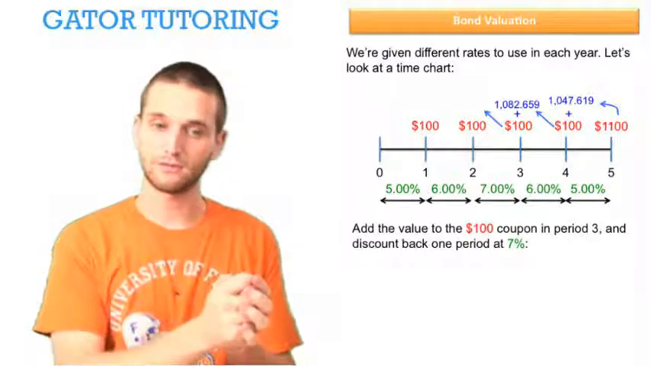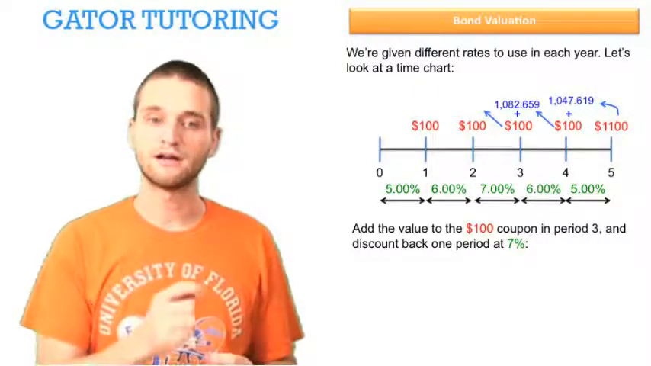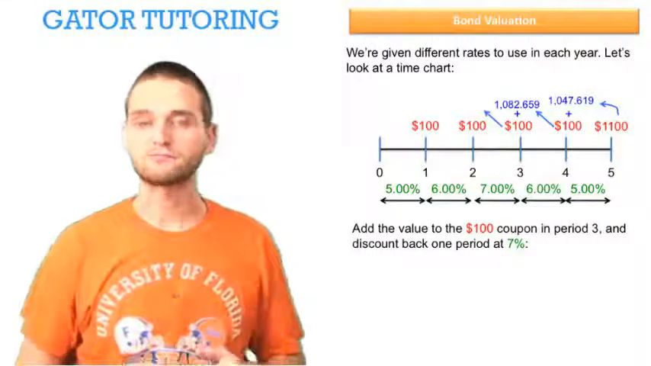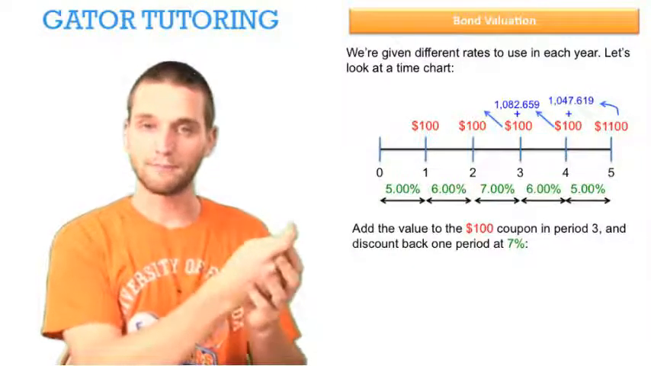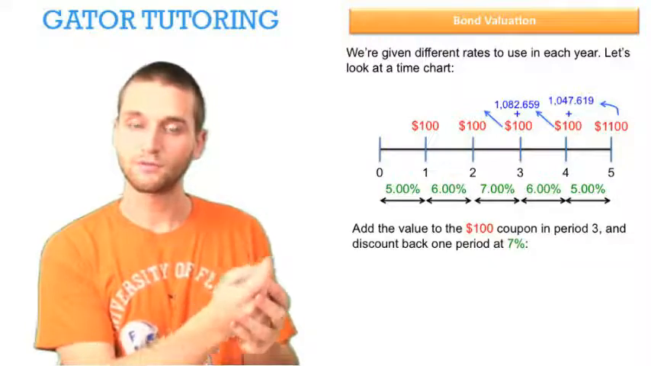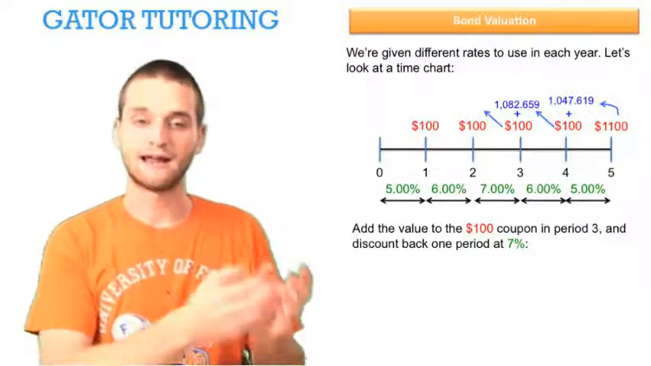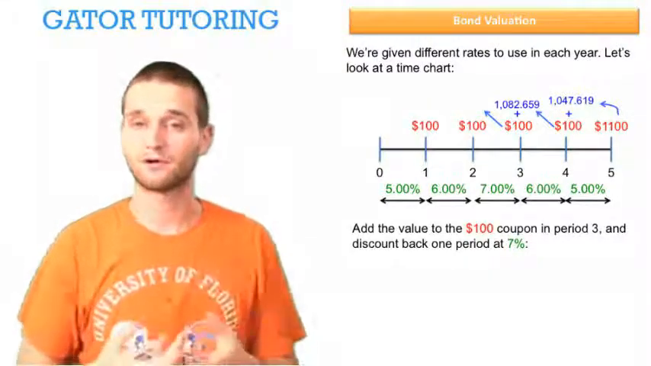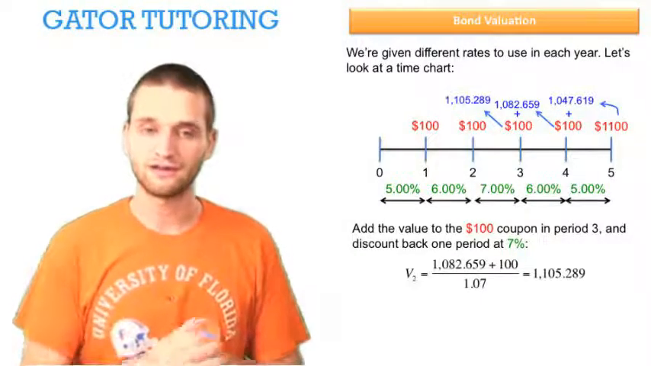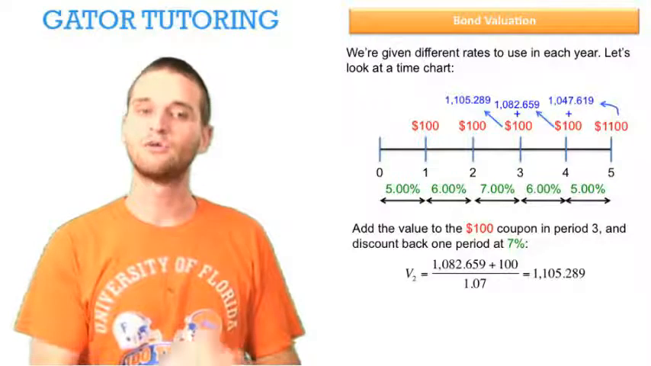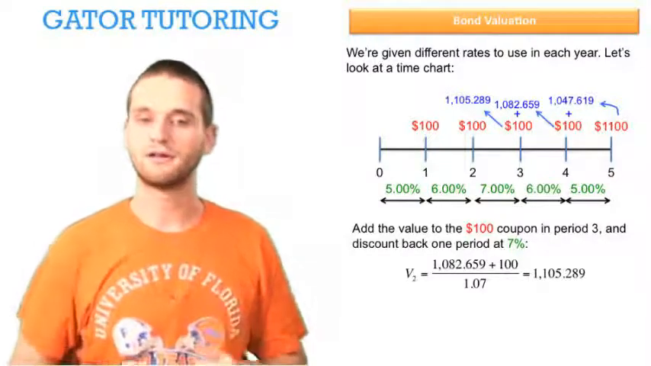Now we add that to the $100 coupon in period 3, and we can discount it back at the 7% because we can see between years 2 and years 3 is the 7% rate. So basically what we're doing is we're just discounting it back one period at a time so we can use the proper rate at each time. And as we go along, we're picking up the cash flows that we're earning in each period. So we add the 1082 to the $100, discount it back at the 7%. We get a value in year 2 to be